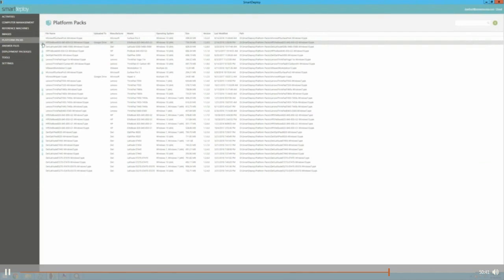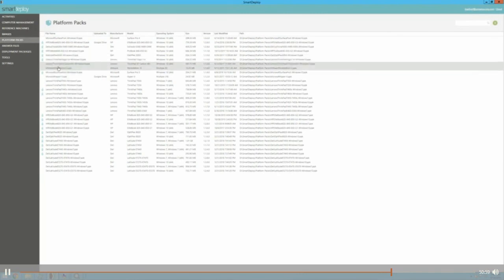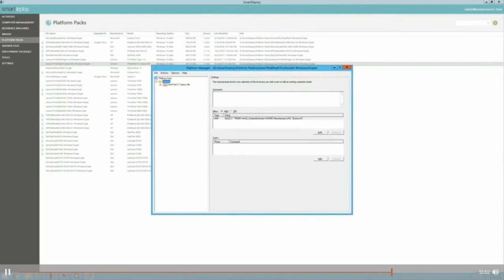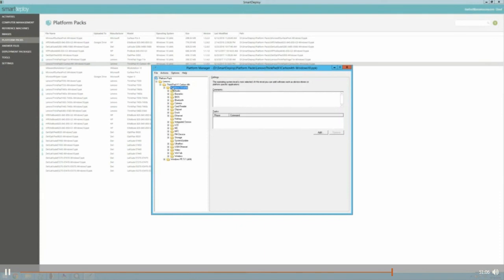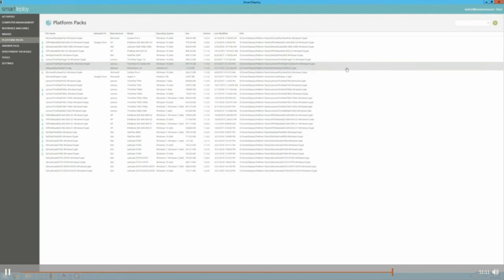Another really cool feature of SmartDeploy is you're able to push out just driver updates now with the new version that we released. If there are updated drivers that we have, you could right click and push those drivers out to the machine. You'll get the latest drivers on it without actually needing to reimage it. You can drill into these packs and see that we organize these by make, model, and OS. You can run custom scripts or tasks that you want, but basically these are all the drivers from the OEM that make the device you're using work like a champ without any headaches for you.